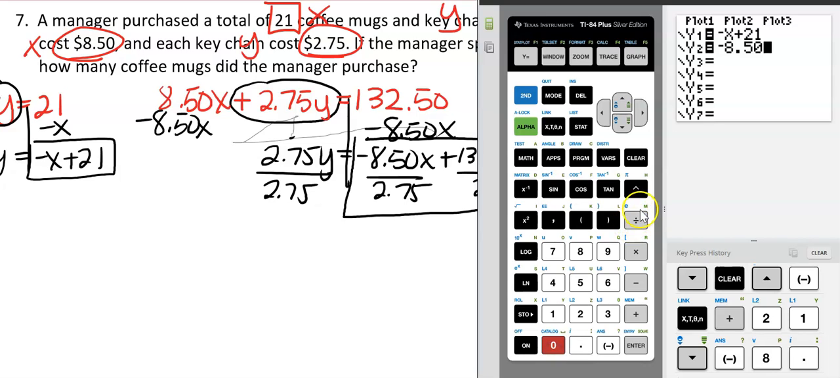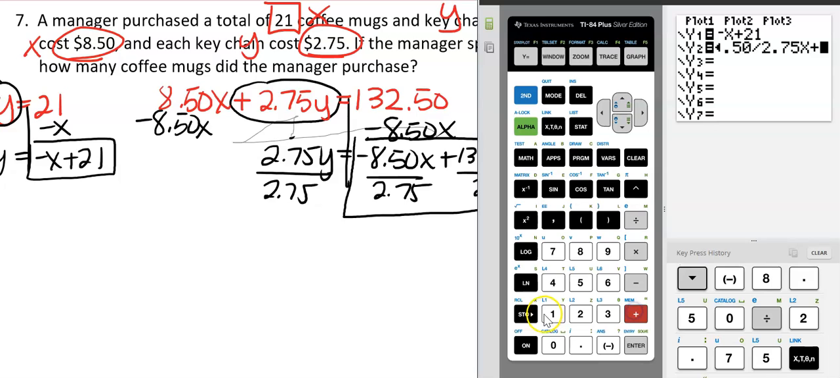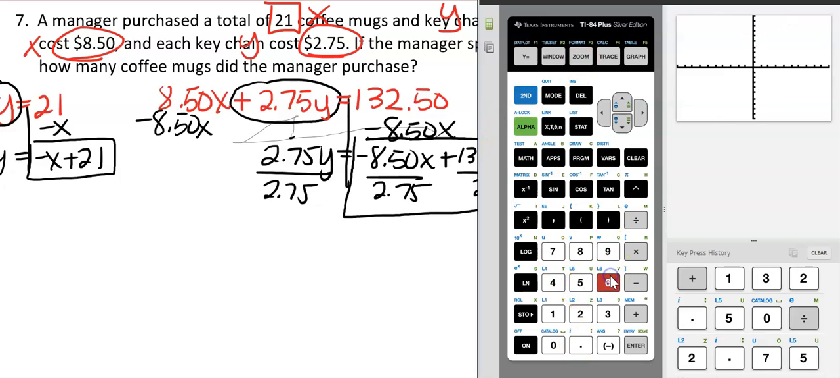I just keep it in order, for organizational sake. I don't forget it. Plus, okay, 132.50 divided by 275. Okay, so we're going to hit zoom 6 to look at the standard window, and I don't see any